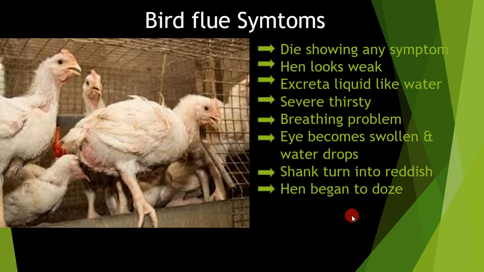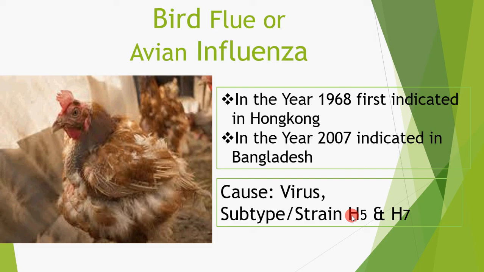The symptoms of this disease: birds die without showing any symptoms, and the poultry becomes very weak, and the excreta is very liquid, like water. The hen will be very thirsty, and when thirsty, breathing problems are observed in the hen. And if you look at the previous picture, here you see